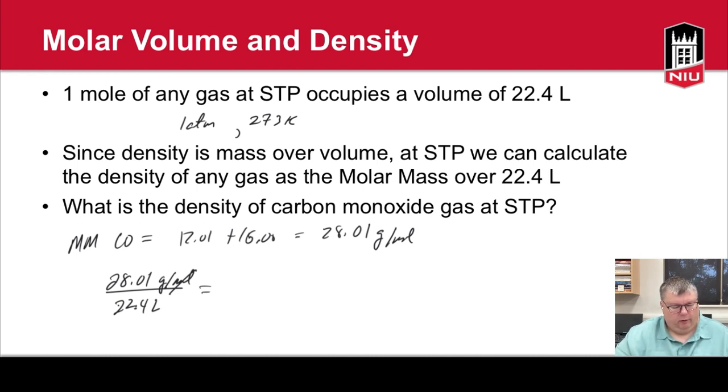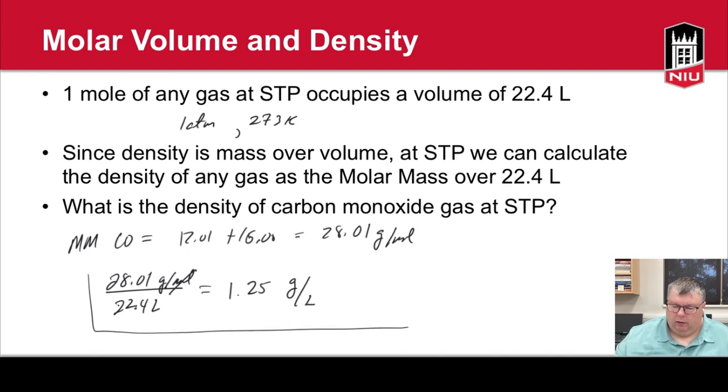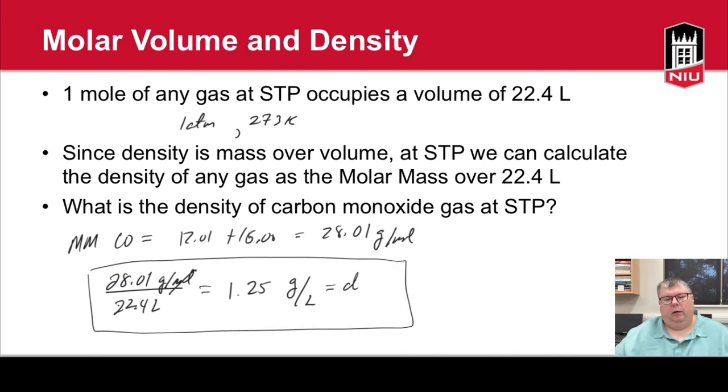So 28.01 grams divided by 22.4 liters gives us a density of 1.25 grams per liter. That equals the density. So as you can see, Avogadro's law is very useful when it comes to knowing moles